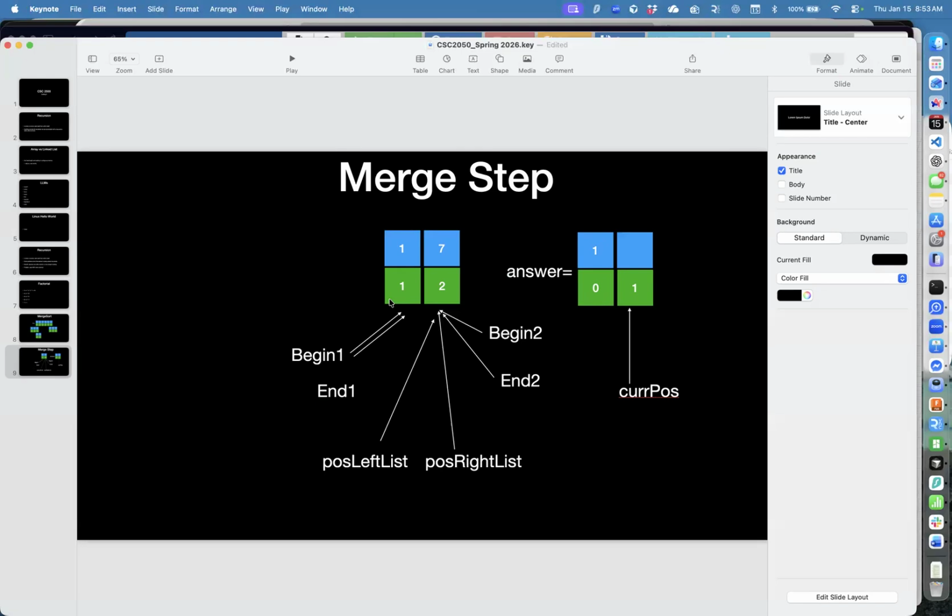So the first question we're going to ask in the merge step is, are both pause left list and pause right list legal? If they both are pointing to real places on their half of the list, then we're going to have our real competition. Like they were on the last loop through, we compared the 1 to the 7 because they were both legal. But now we already declared 1 the overall winner, right? And keep in mind here that the left list and the right list are sorted in and of themselves when we're at this point. That's not all that impressive right now because they're only one-element lists, but it will become more impressive as we move up the